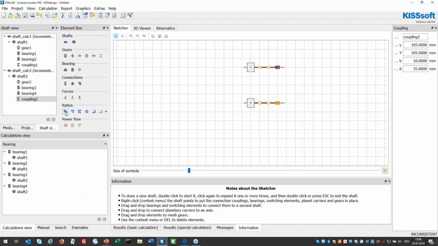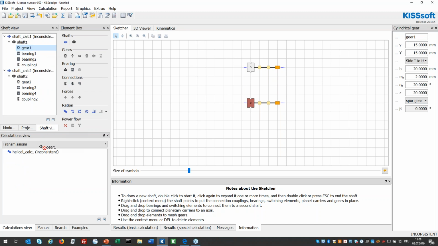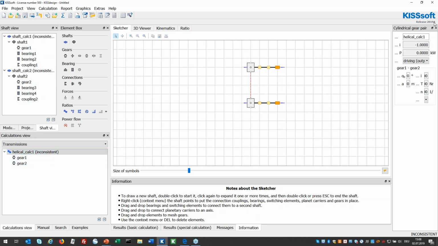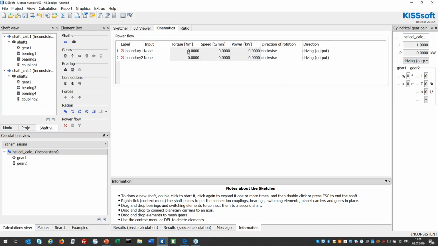So as next, I would like to add a gear pair ratio, and I can just now add the gears into the helical gear pair connection. So now we can also see that this is now connected. I can go to the kinematics. I can give a torque and speed, so we have a torque, we have a speed,